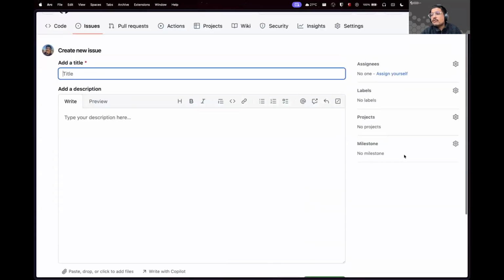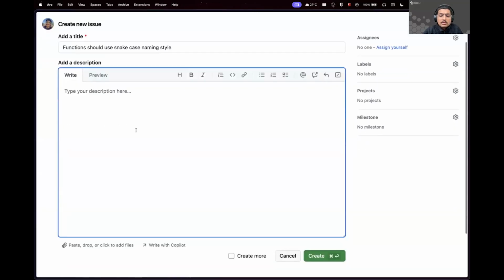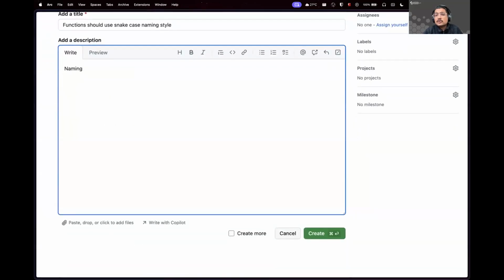So let's say we want to add something about the functions. I will add a title about functions should use snake case naming style, right? And we can be more descriptive here. So again, while creating issues, there are no standard guidelines by GitHub or any standard convention, but the usual convention is you keep it similar to what you do with a commit. So the title of the issue is like the summary, and then you can add in the description what you need. So let's say naming of functions